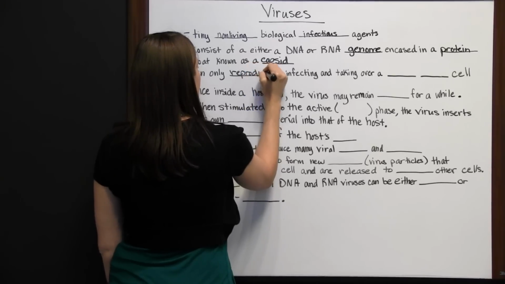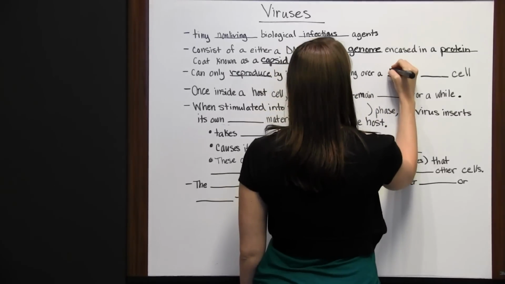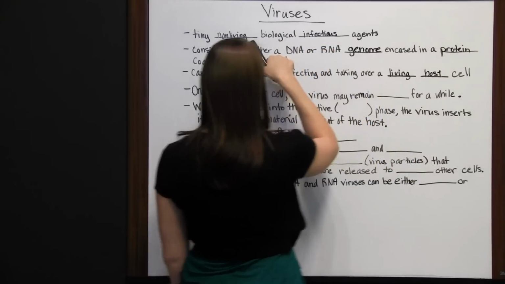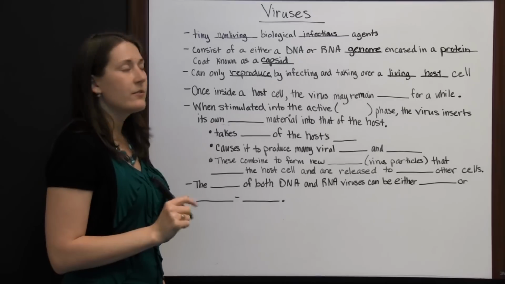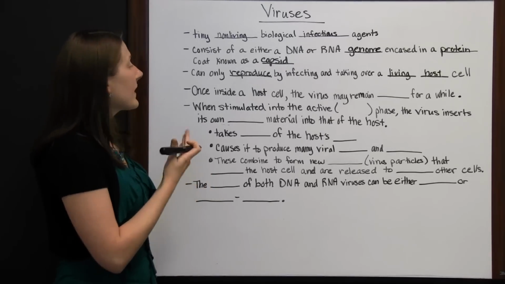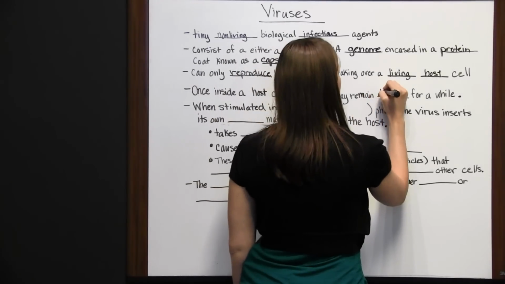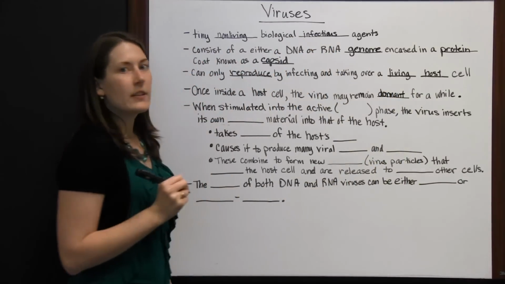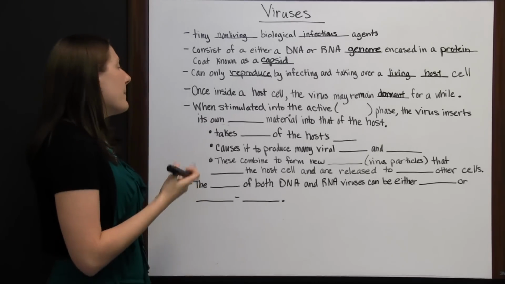And viruses can only reproduce by infecting and taking over a living host cell. So while they are non-living, they must take over a living host cell to be able to reproduce their viral DNA or RNA. Now, once they're inside a host cell, the virus may remain dormant for a while. So it doesn't always immediately enter the living host cell and attack. Sometimes it remains dormant for a while. But